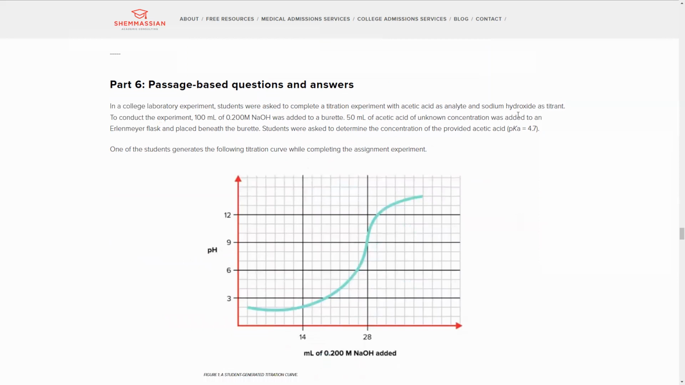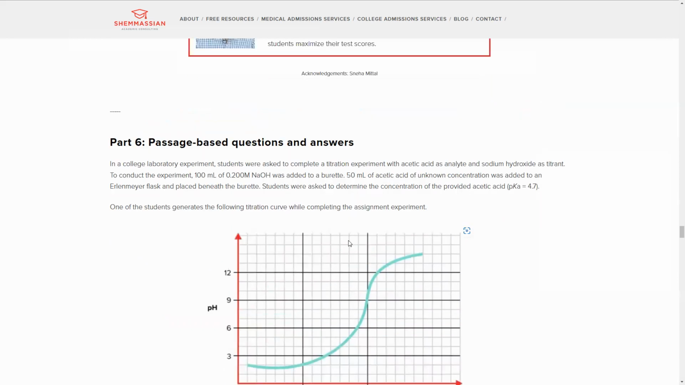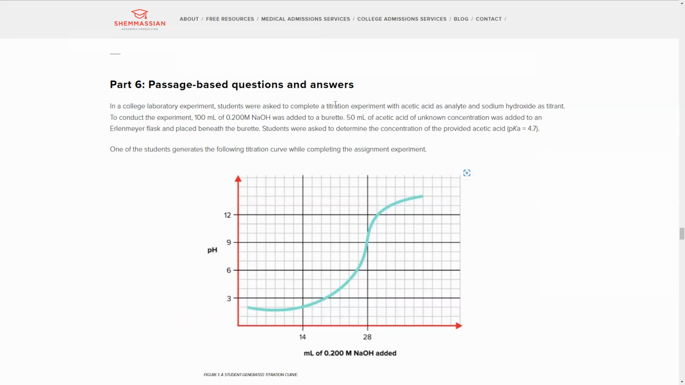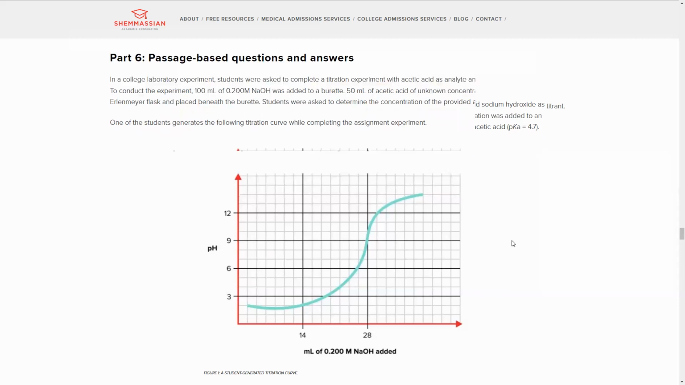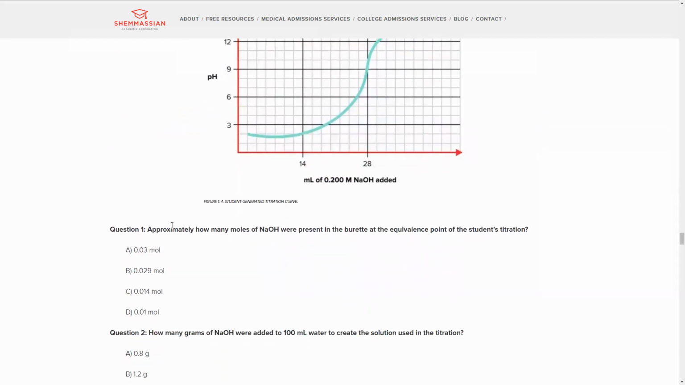Okay, so here, this is a titration. Obviously, we see the titration graph. Titration experiment with acetic acid as analyte and sodium hydroxide as titrant. To conduct the experiment, 100 milliliters of 0.2 molar NaOH and 50 milliliters of acetic acid of unknown concentration are added to an Erlenmeyer flask and placed beneath the burette. Students were asked to determine the concentration of the provided acetic acid with a pK of 4.7, and we got this titration curve. Okay, let's take a look. Question 1. Approximately how many moles of NaOH were present in the burette at the equivalence point of the student's